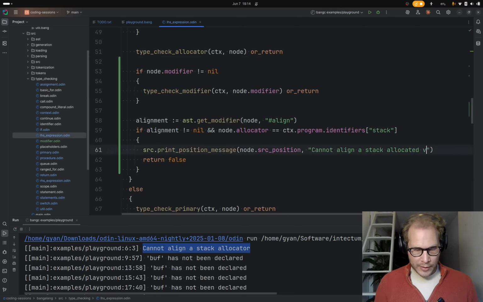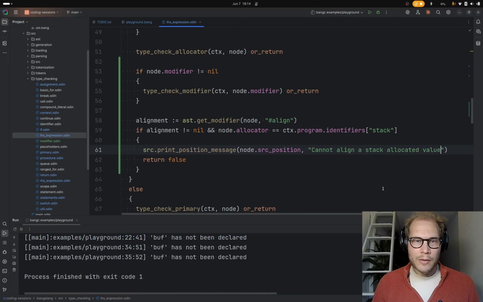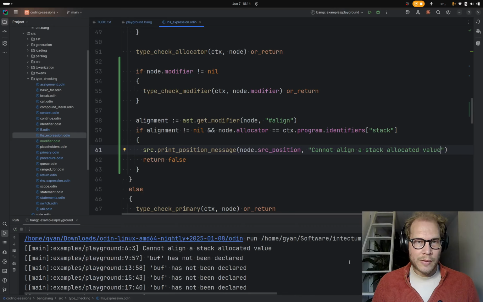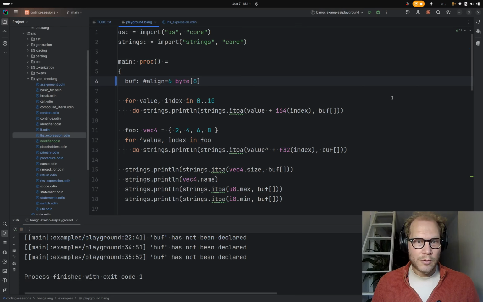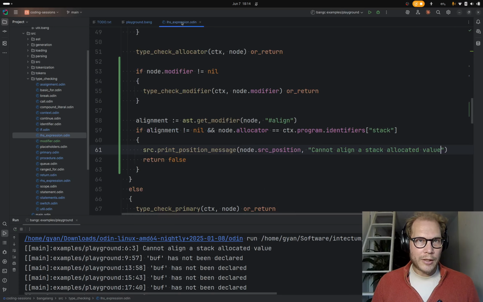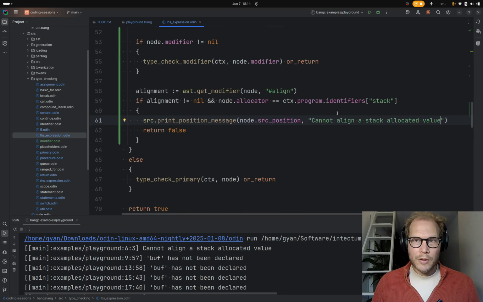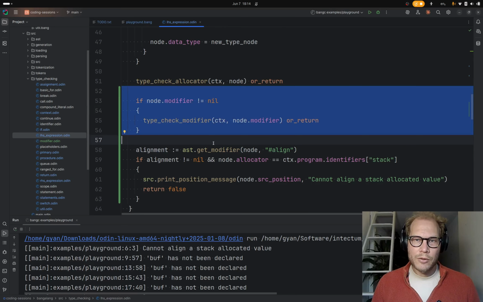Stack allocated value. Yeah, let's say that. That's a bit better. And what if I do like 6? I think that gets caught first. Cannot align a stack allocated value. I thought that should get...